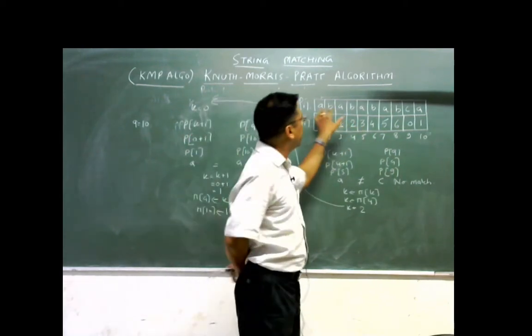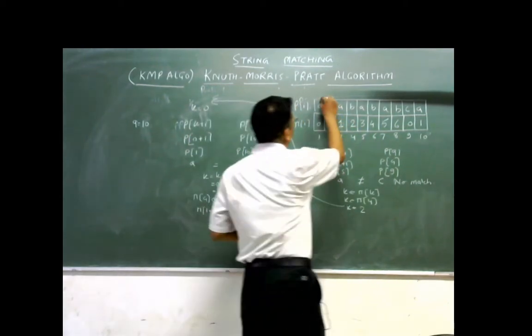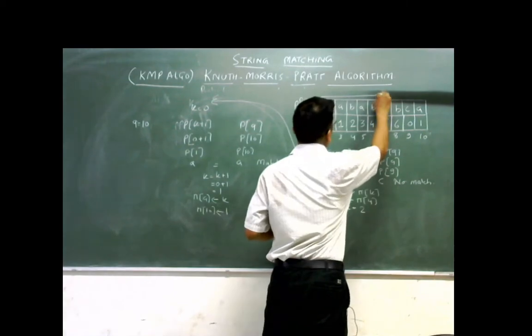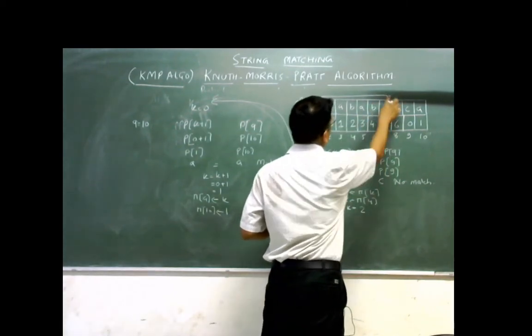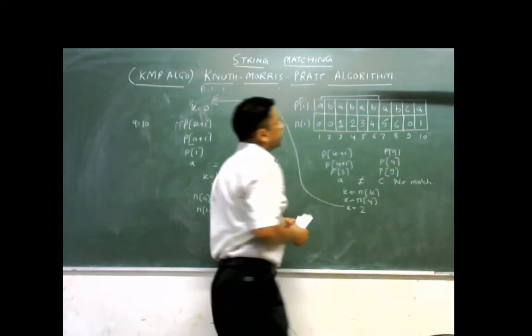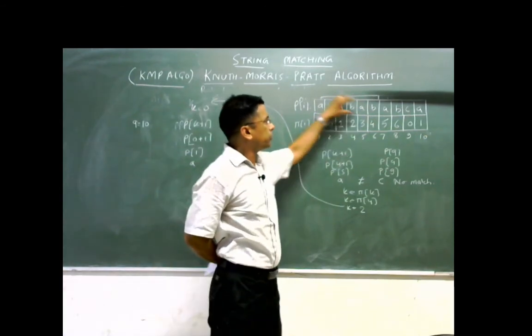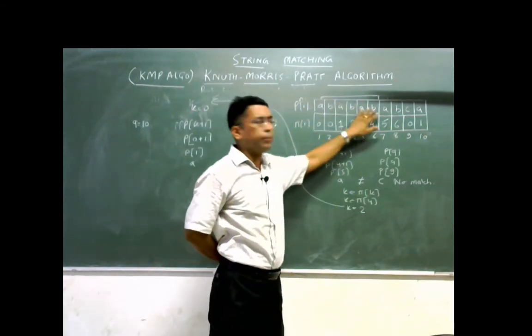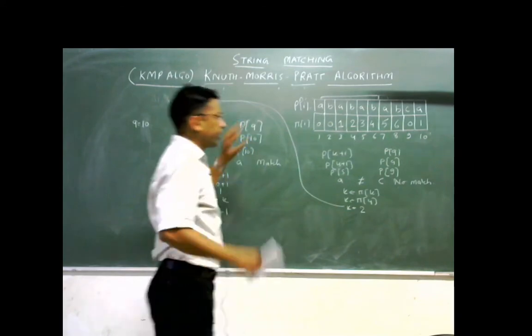Because, for example, in the given string, if this position is a b a b a b, right, at this position, in a certain text you are not finding a match. Suppose I am taking an example here.